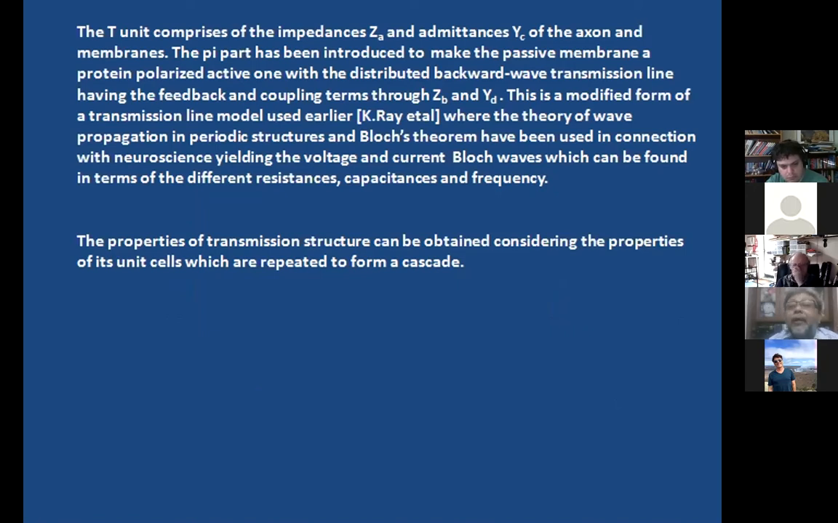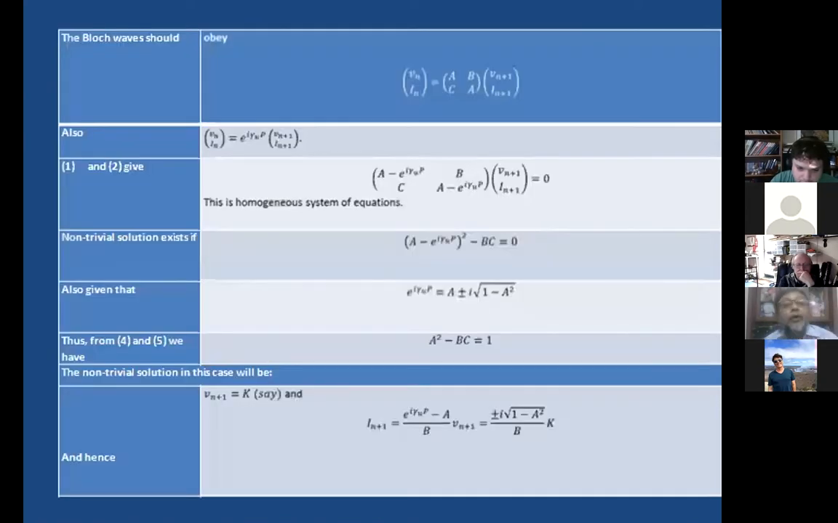This is a modified form of a transmission line model used earlier, where the theory of wave propagation in periodic structures and Bloch's theorem have been used in connection with neuroscience, yielding the voltage and current Bloch waves, which can be found in terms of the different resistances, capacitances, and frequency. The properties of the transmission structure can be obtained considering the properties of the unit cell, which is repeated to form a cascade. So here we had modeled this one using